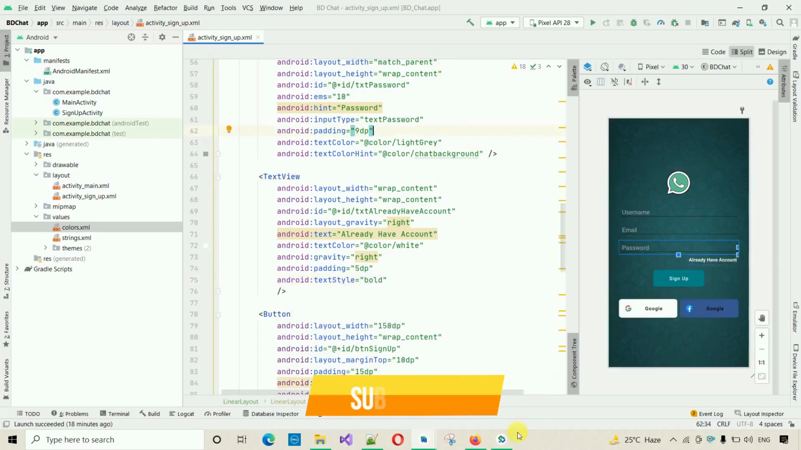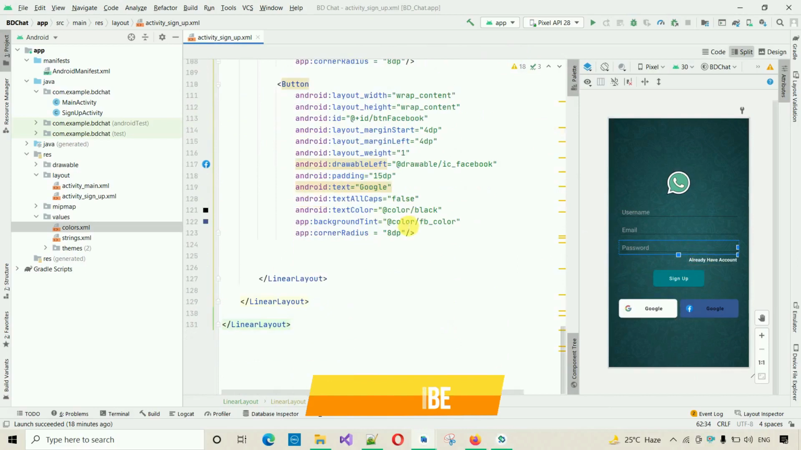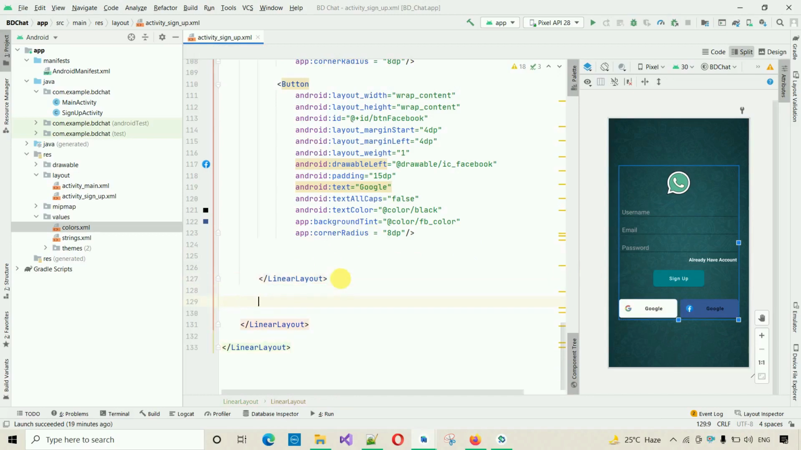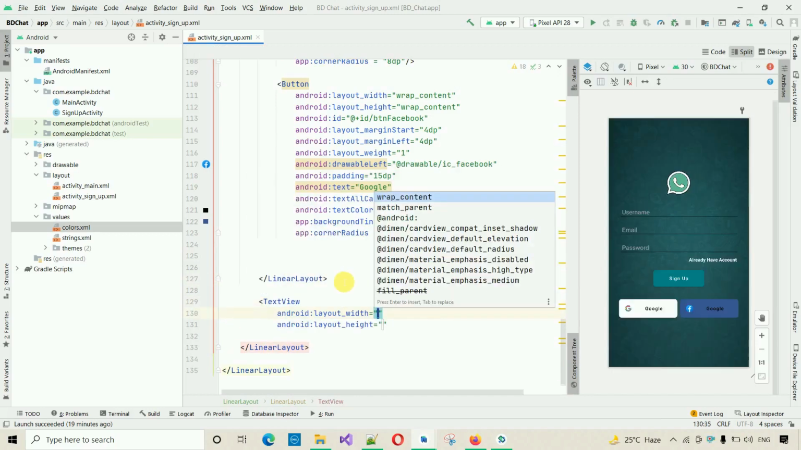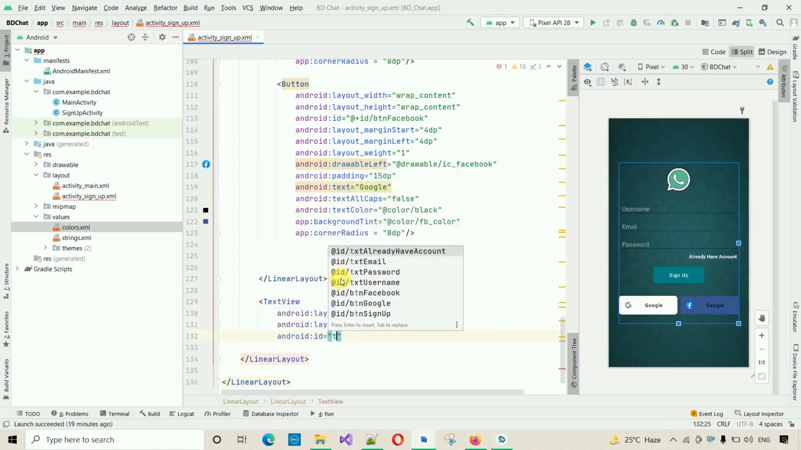Okay, after this, if I move back over here, you can see we have already designed the similar app, but one small thing is missing, that is sign up with phone. So move back over here to the bottom, and we have to add one sign up text over here. These two buttons are inside one linear layout, so this linear layout task is over. Below this linear layout, I'm going to add one text view, and that will be wrap content and wrap content, height and width, and the ID will be txt